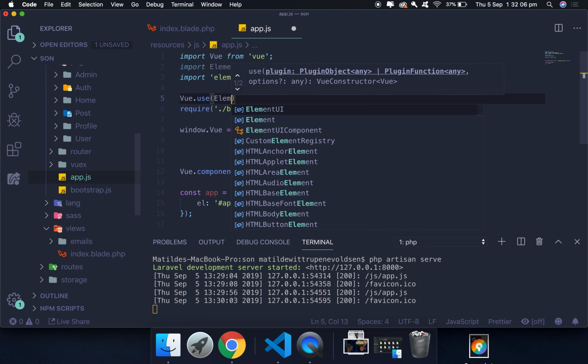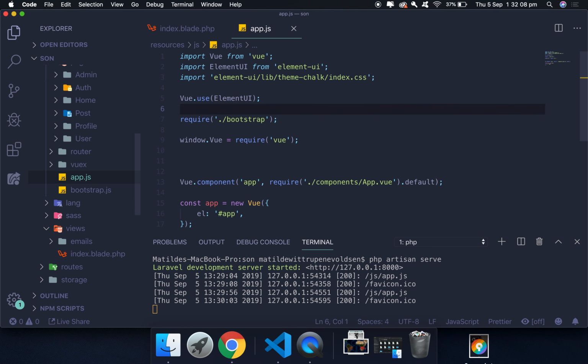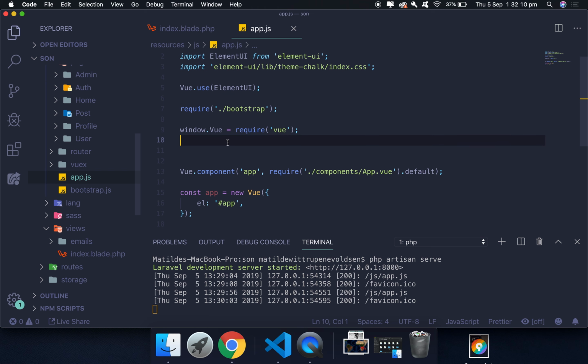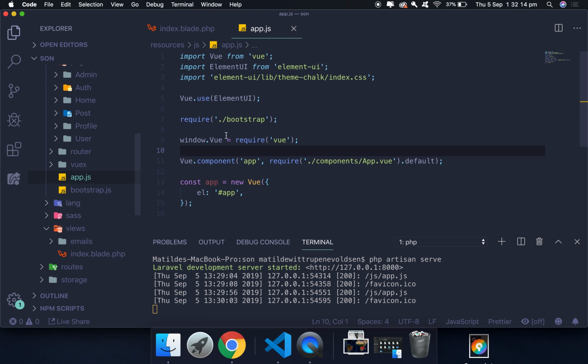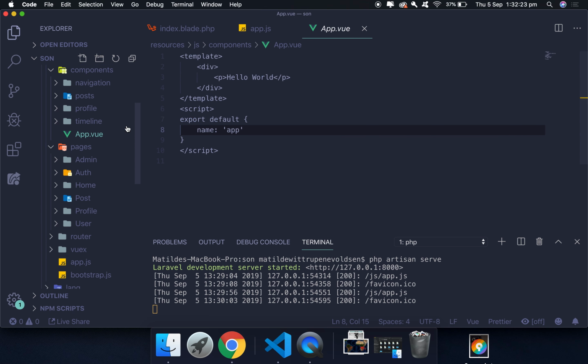Vue.use(ElementUI), and then that will actually be all for this video, because we have already set up the CSS and we have set up the Element UI. And in the next video, what we are going to do is add in the navigation component,